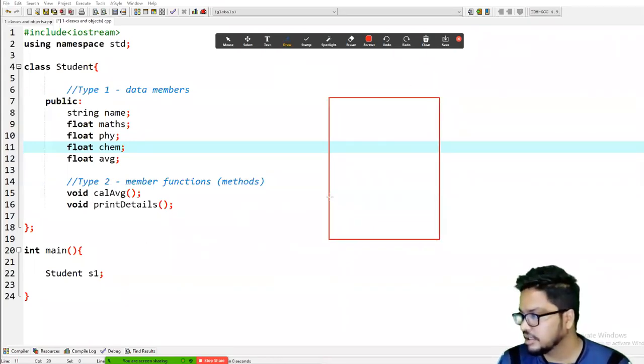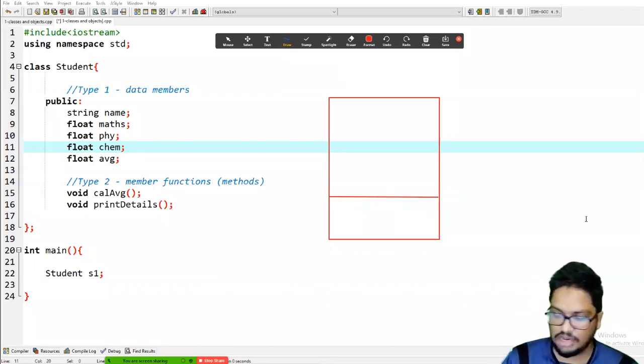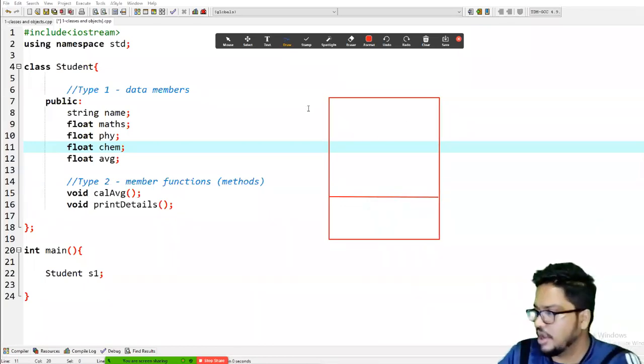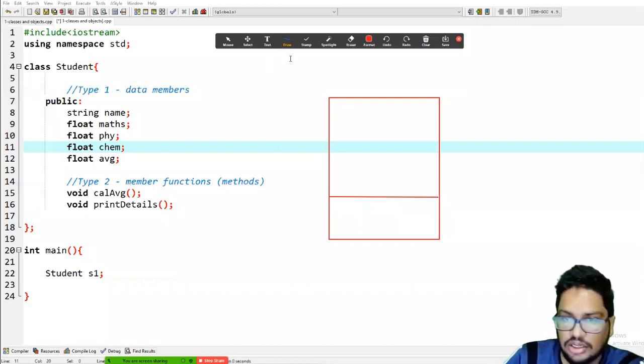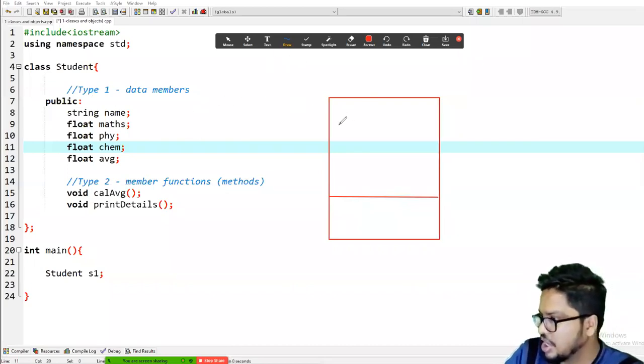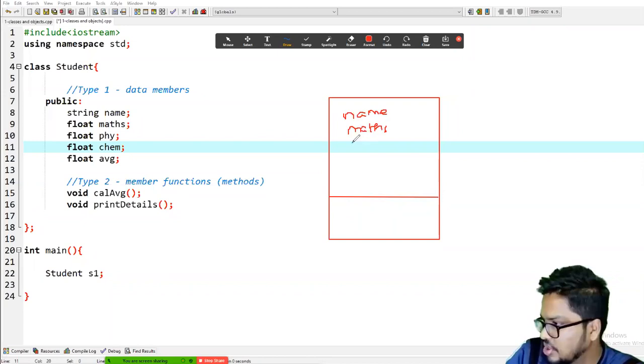What is the difference? That this contains data members. So what do you mean by data members? Like you have a name here, you have maths, physics, chemistry, and you have average.